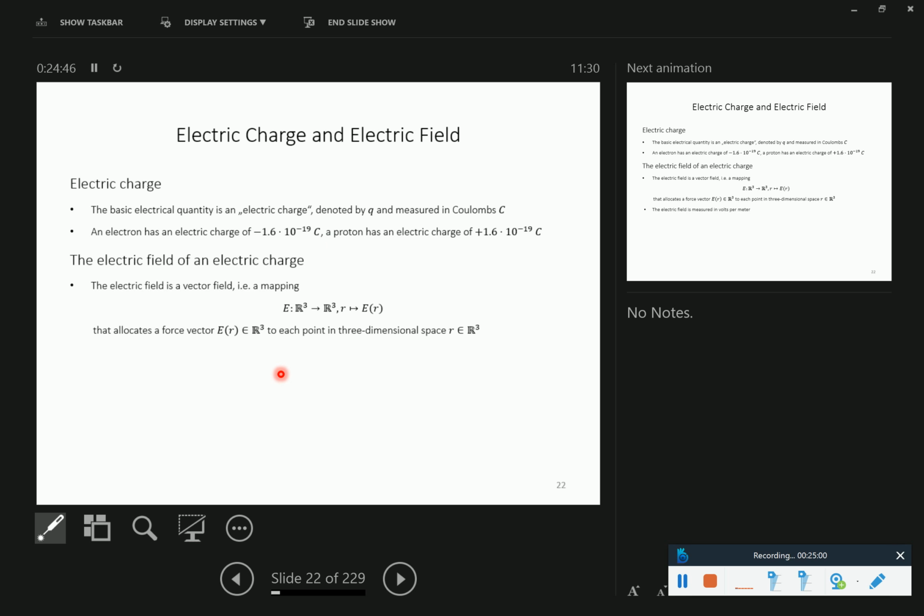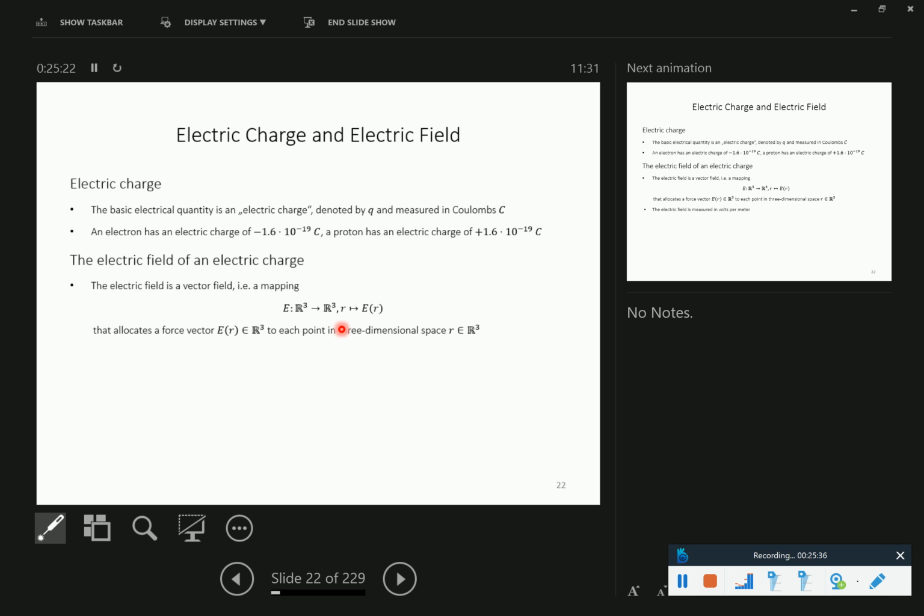Vector fields, or the term field, doesn't mean much. It just means it's a mapping, so a function from a 3-dimensional or from an n-dimensional to an m-dimensional space. So it allocates a multivariate entity to every point in an n-dimensional space. Instead of having something mapped from an n-dimensional space to a 1-dimensional space, which would be called a multivariate real-valued function, or from a 1-dimensional to a 1-dimensional space, which would be called a univariate real-valued function, here we're dealing with